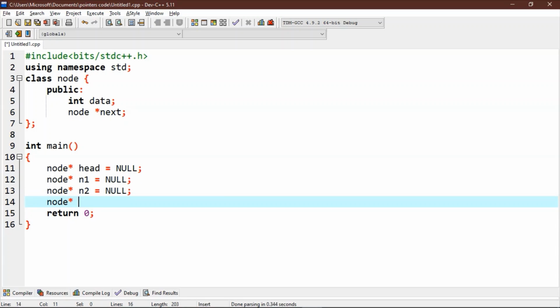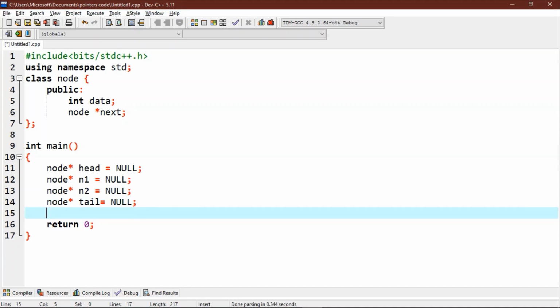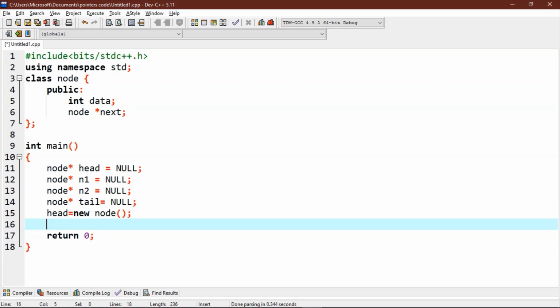And our last node tail. Now we will allocate these four nodes in the heap. To do that, we will use a node name equals to new node star, new node braces. Now we will allocate all the nodes in the same manner.